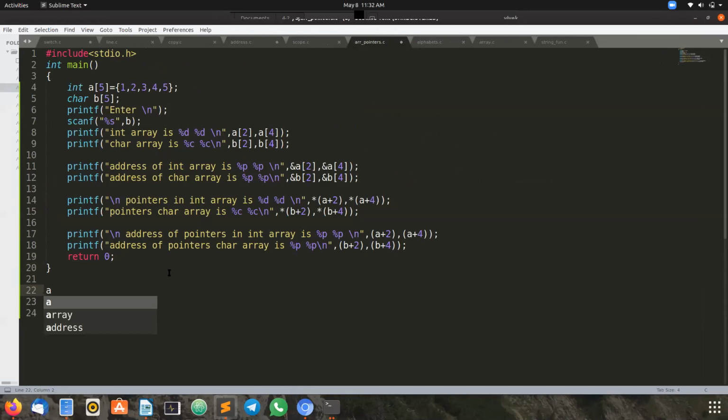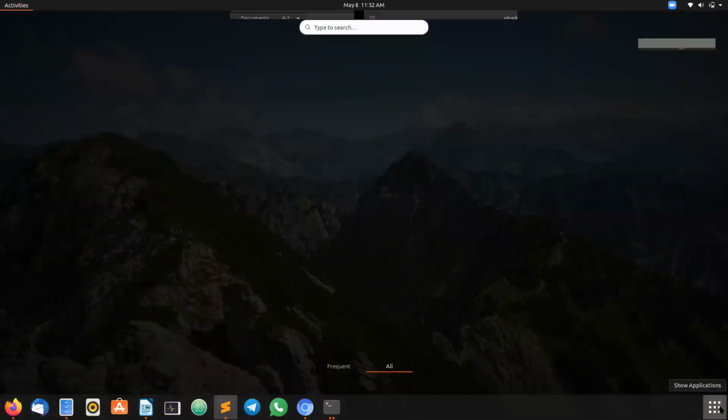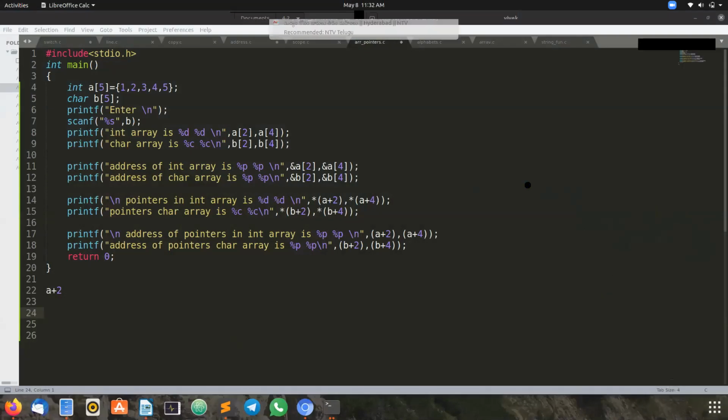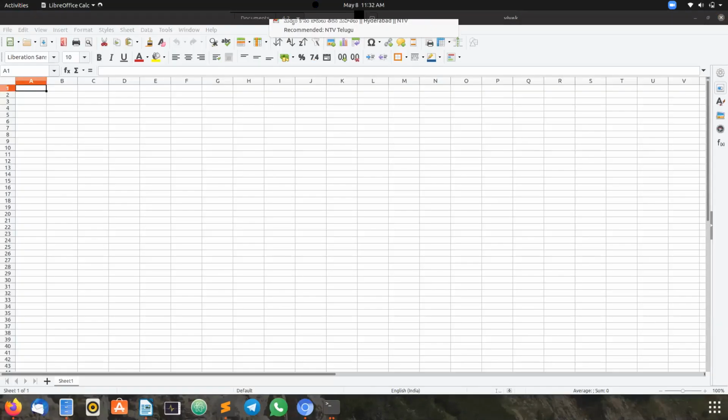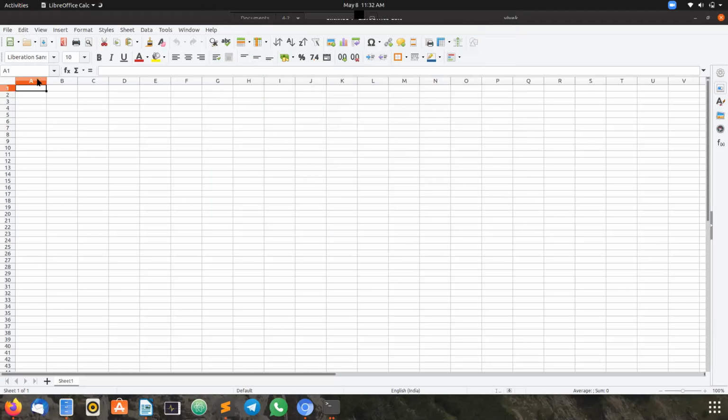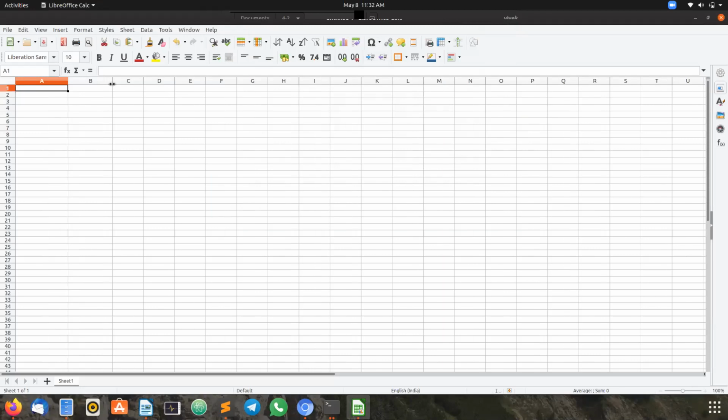When we write, I told you why we have to write this a plus 2, isn't it? A stores the base address and plus 2, for integer. Yes, that's what happens there. Did you all understand what Rashmita said? Okay, see this example here.